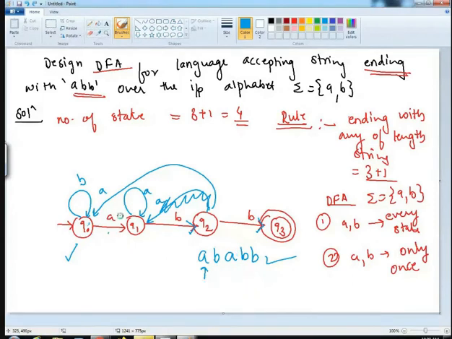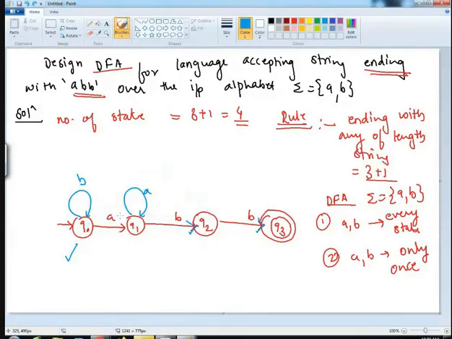If I place it at Q0, compulsory I need a double A in between. So what I can do, I can place it on Q1. With this, you can see the machine will end with ABB. Also the condition will be satisfied. You can see if the string given is in this way, it is an accepted condition. So machine will move from Q0 to Q1 on your A. With B, it will move to Q2. With Q2 to Q1, it will take A.